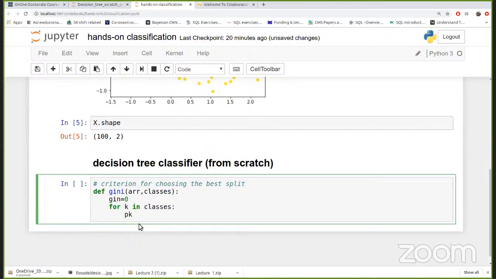This is the impurity, or this probability, which you remember was some notion of fraction of points, right? So if there is a fraction of points obeying some condition,